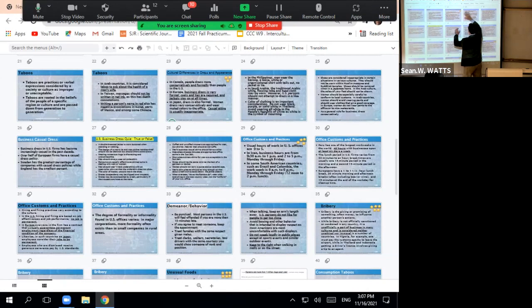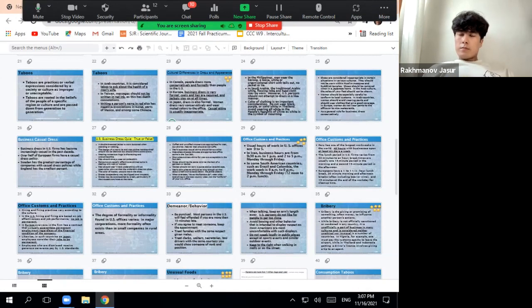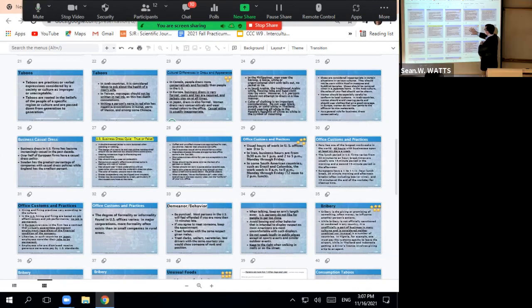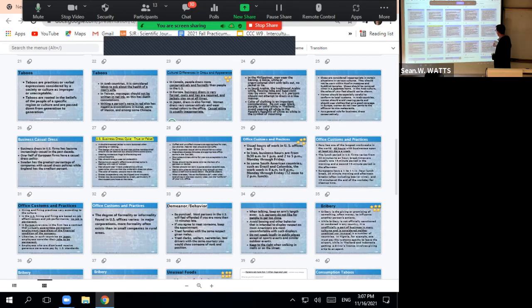So group 3 just goes through this and tries to find an example to teach this main concept related to small talk and business culture. And group 4 is talking about office customs and business practices. So group 4 would study this one, this is office culture, office customs, and present those to the class with an example. And group 5 might be talking about bribery. So yes, but to start with,